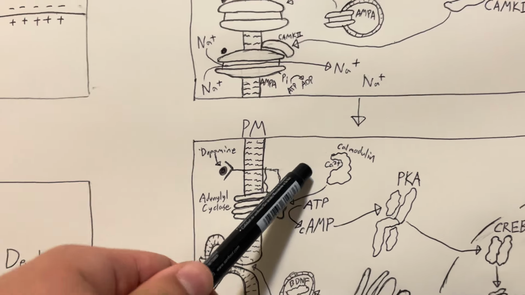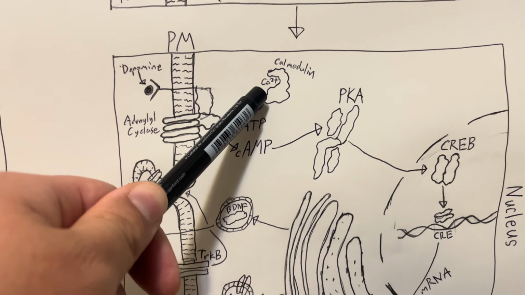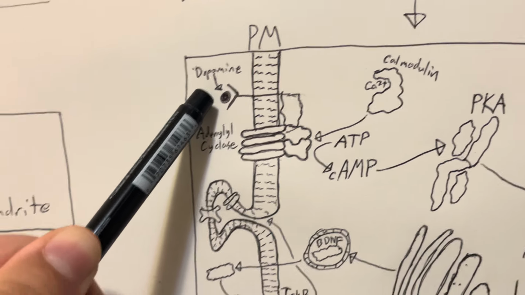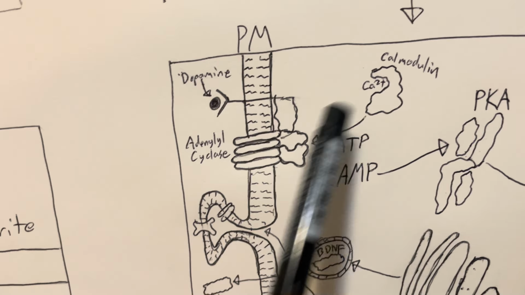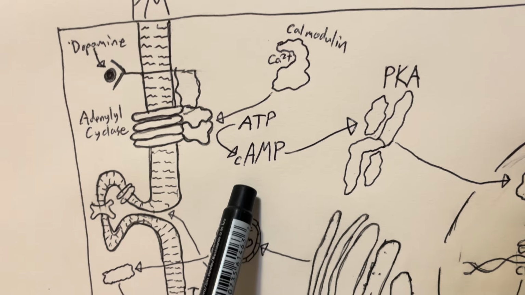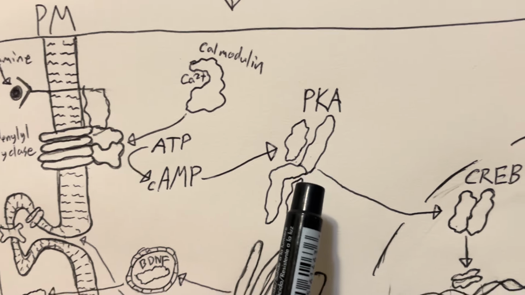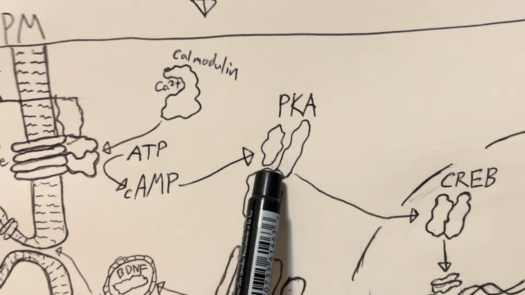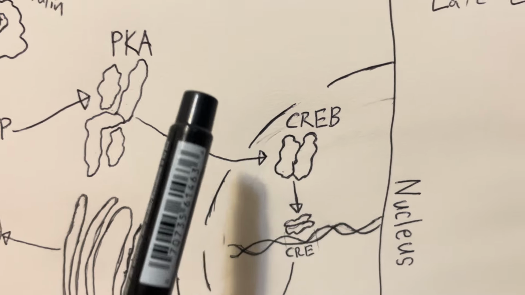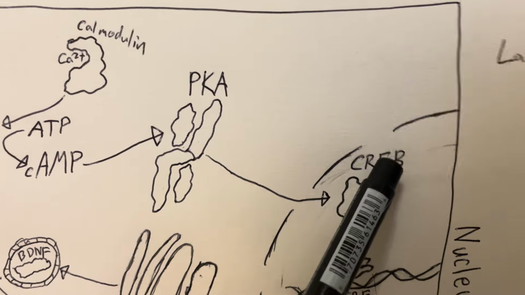If there's both a buildup of this activated calmodulin from there being lots of calcium admitted, and the binding of dopamine to the D1 receptor, these together activate adenylyl cyclase, which converts ATP to cyclic AMP, which acts as a messenger that activates protein kinase A, which goes to the nucleus and activates a transcription factor called cyclic AMP response element binding protein,